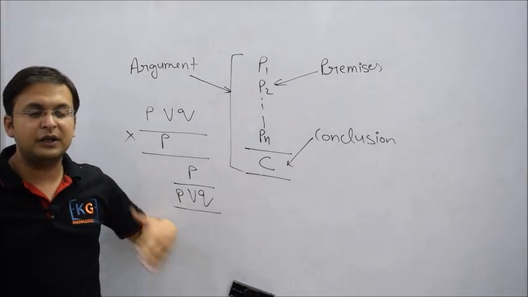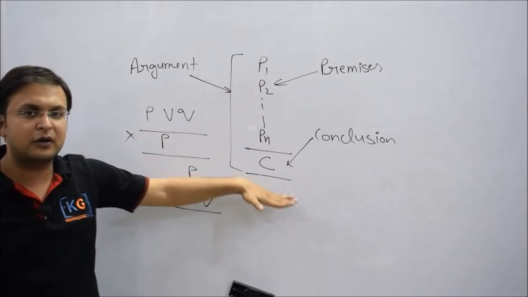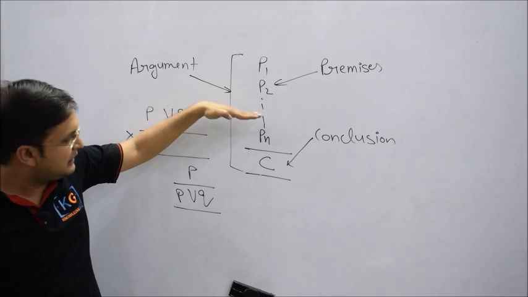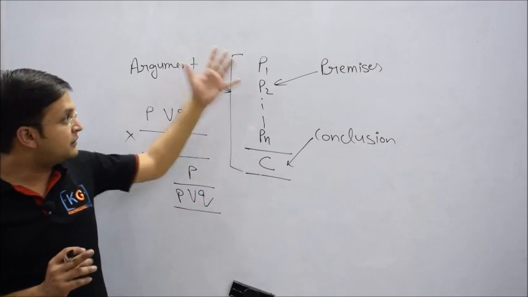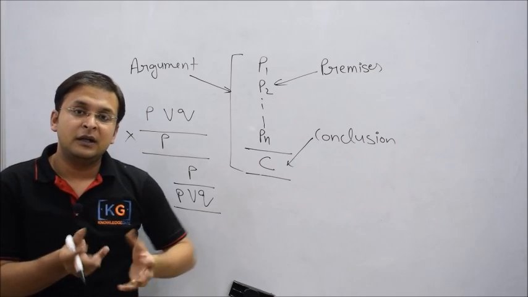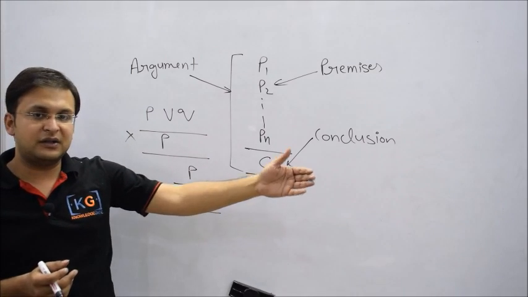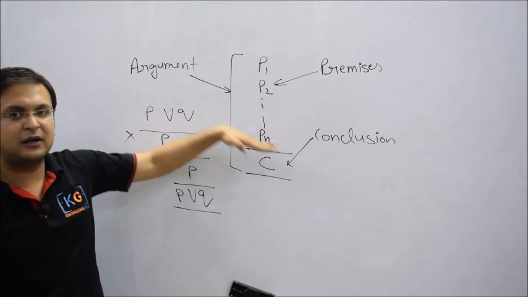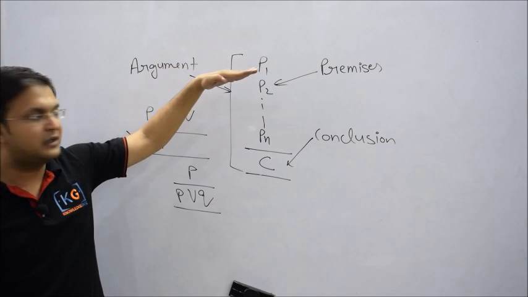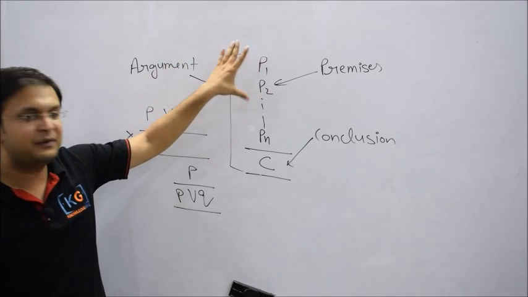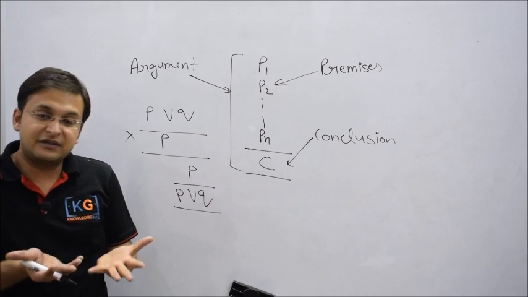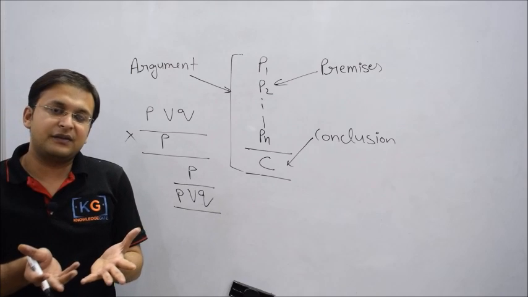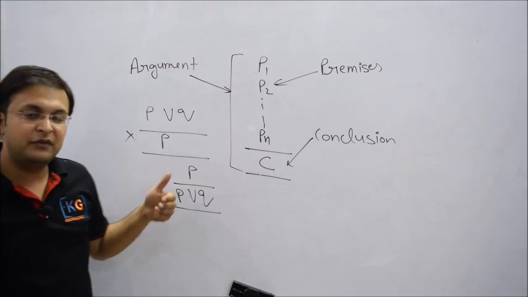Again, I don't know in true nature whether P is true or not, or C is true or not, but our task here is to find: if these premises are true, can I derive a conclusion C or not? This is how a judicial system, a court, works. In court, you cannot say whether a statement a person is giving is true or not, but we say: if all these statements are true, let me say the doctor says this, the police say this, and some person says this, then using those premises you can derive a conclusion. That is how a judge deals with an argument: a lawyer gives an argument and the judge decides whether it is valid or invalid, and that is what we will be doing in this chapter.